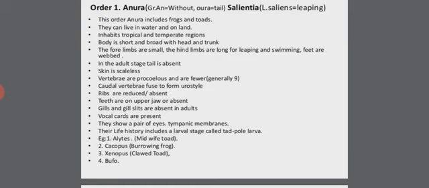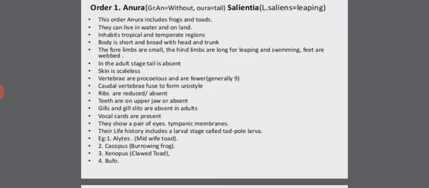Ribs are reduced or absent. Teeth are usually found on the upper jaw or absent also, and gills and gill slits are absent in adults. Vocal cords are present and they show a pair of eyes, tympanic membrane, and the life history includes a larval